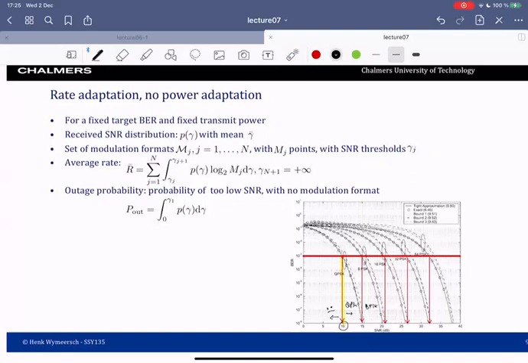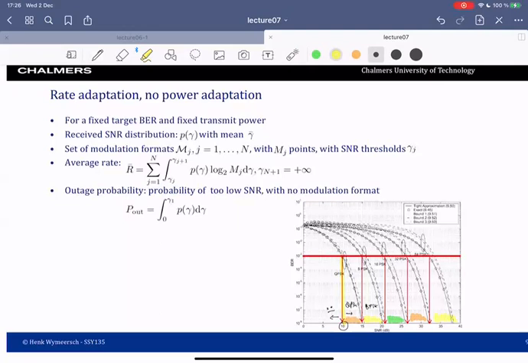what we really want. So this means that for each of these regions on the x-axis, for these SNRs we'll send QPSK, here we send 8 PSK, here we send 16 PSK, here we send 32 PSK, and so forth. So we basically partition the SNR region into different parts, and within each region we will send at a